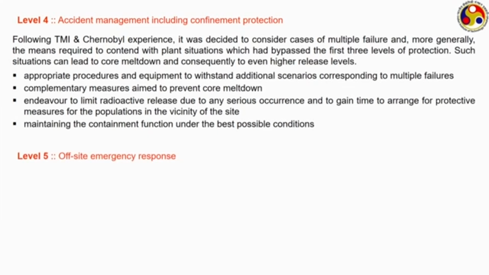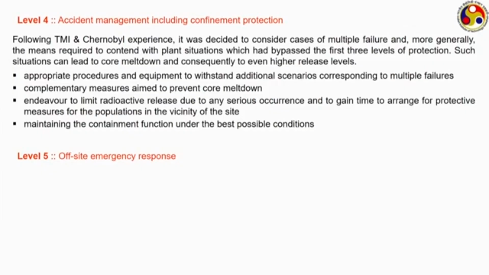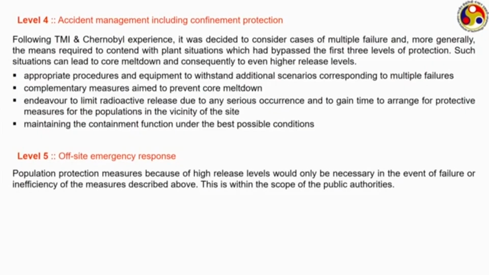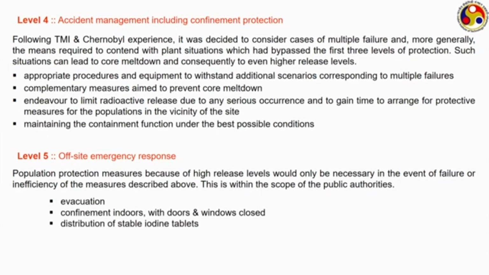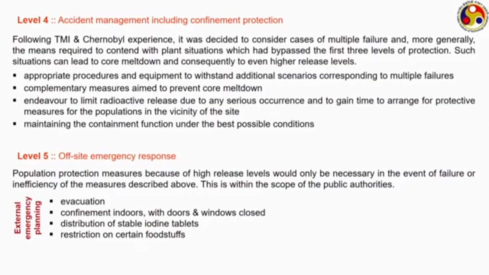And first is off-site emergency response. It refers to when all the 4 levels have failed. So, radioactivity has started to go outside the reaction zone, and then we have the role of this level 5, population protection measures. The public authorities can help in evacuation of the local site, confinement indoors with doors and windows closed, distribution of stable iodine tablets. It can also instruct restrictions on consumption and selling of certain foodstuffs which can become radioactive very quickly. These 4 factors, that is evacuation, confinement, distribution of iodine tablets and restrictions, are together known as